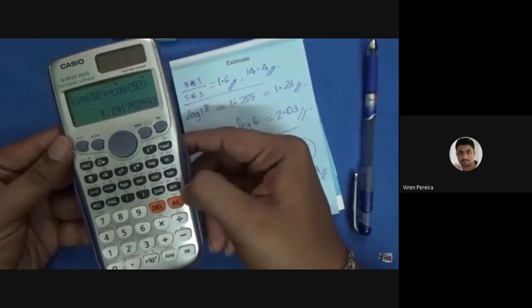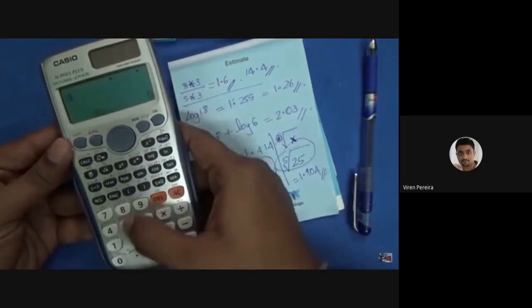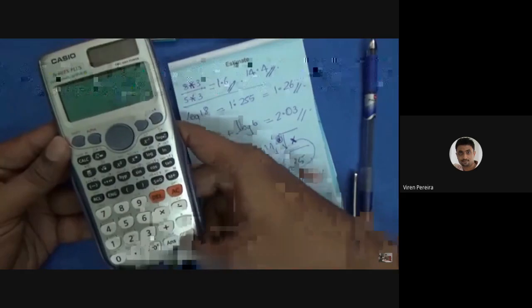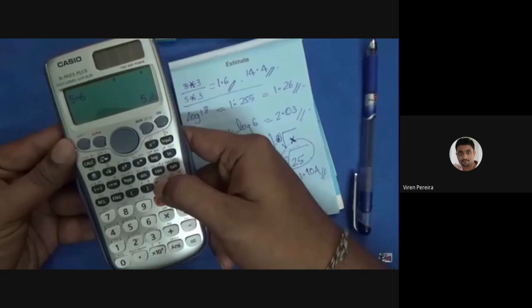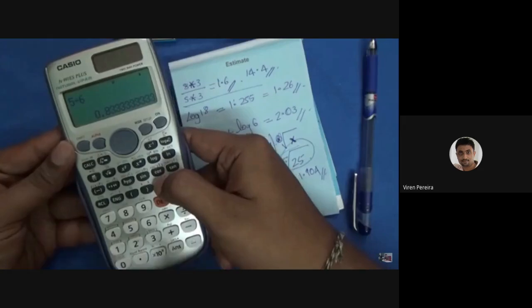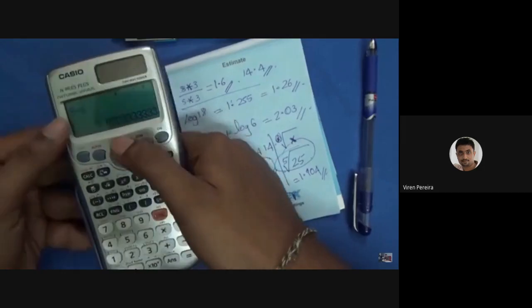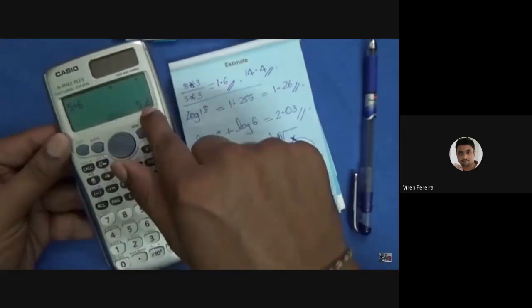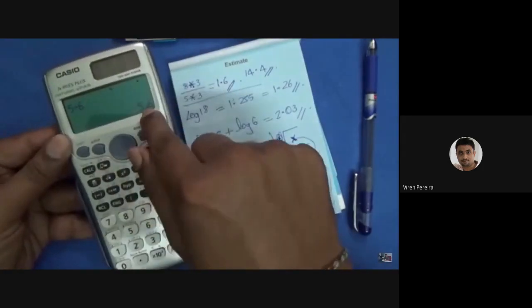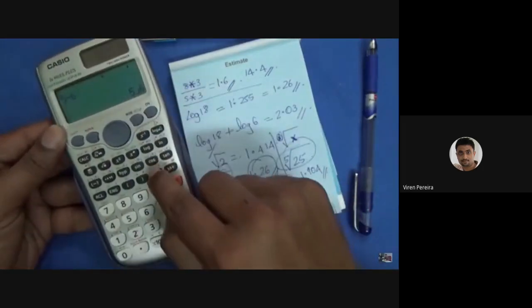Now there's one more button here known as S to D. So say if I have a value 5 into 6, how much do I get? 0.83. If I press the S to D button, I get 5 by 6. This button basically converts your fraction to decimal and decimal to fraction. So now if the value is 0.83 for 5 divided by 6, and I want to know my fraction value, it is obviously 5 divided by 6. So when you see this sign here, it basically means 5 divided by 6. So I can get into the fractional point of view easily by just pressing this S to D conversion or